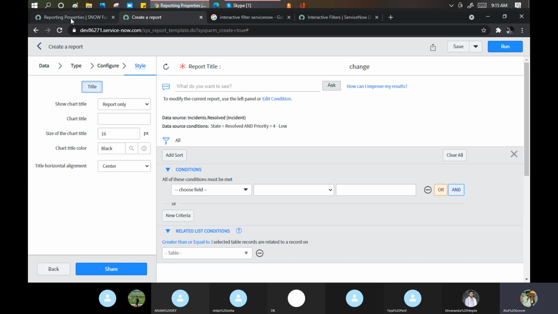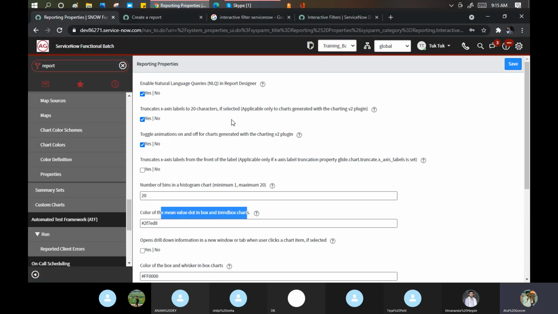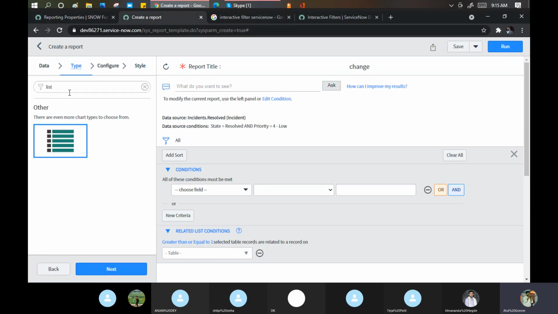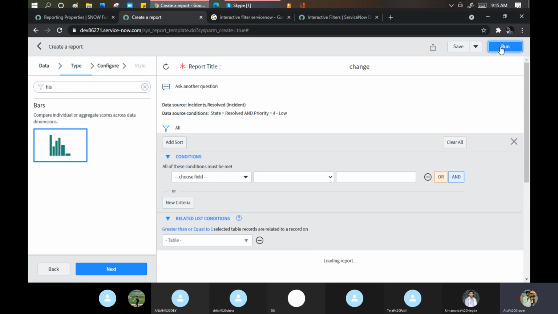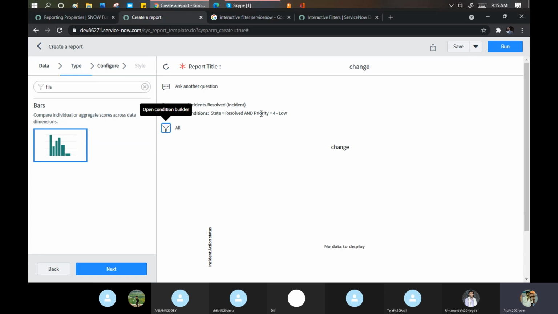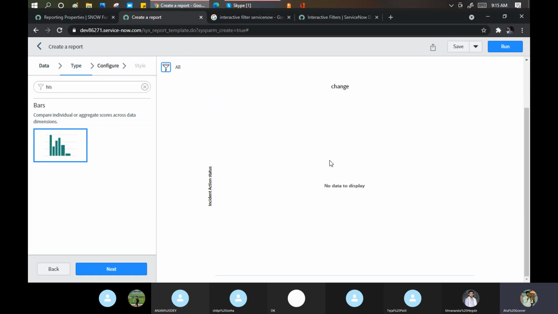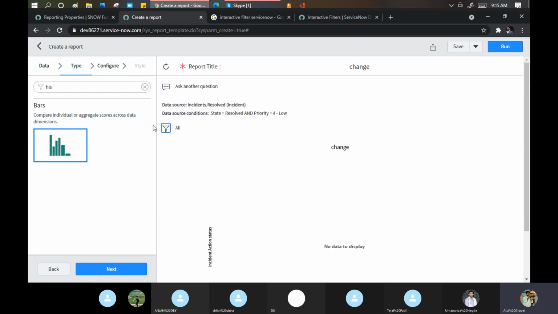Okay. So these are the reports which you should know, because sometimes the customer will ask, I am able to see only histogram. Let me go to the histogram. What happened? Multiple things we are putting actually. Okay, so that it's not coming. We don't have resolved incidents right now. All these things. Otherwise, it becomes a chart for you, a histogram chart.